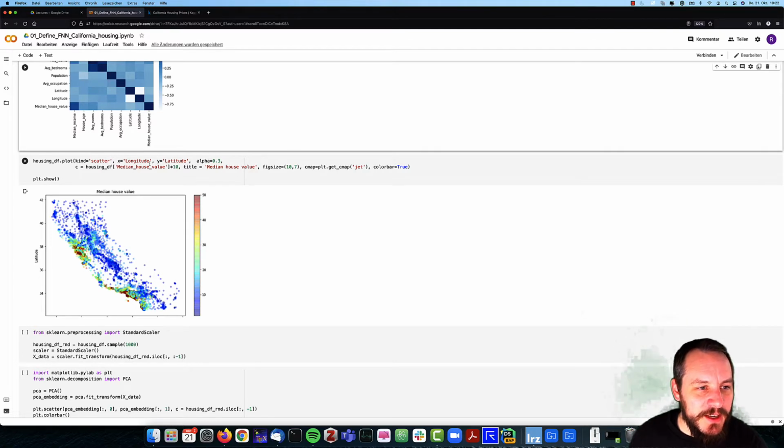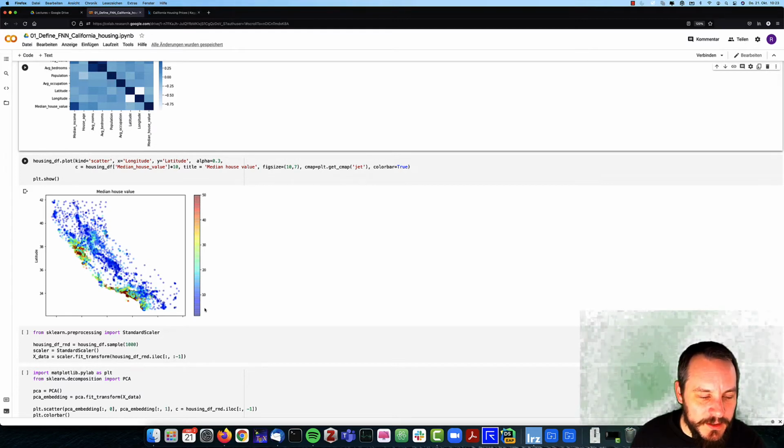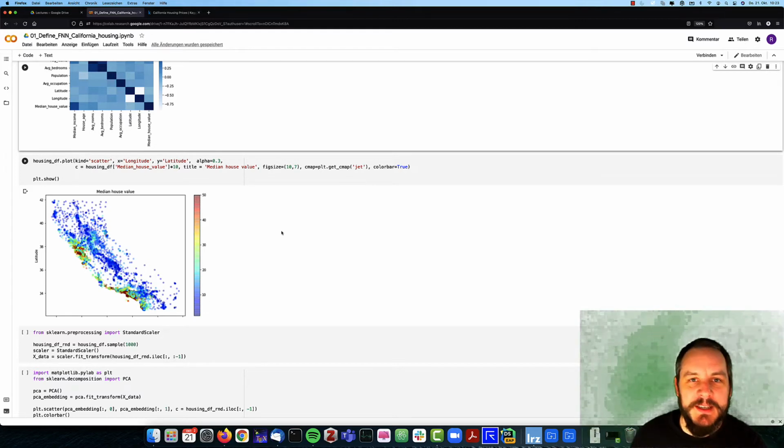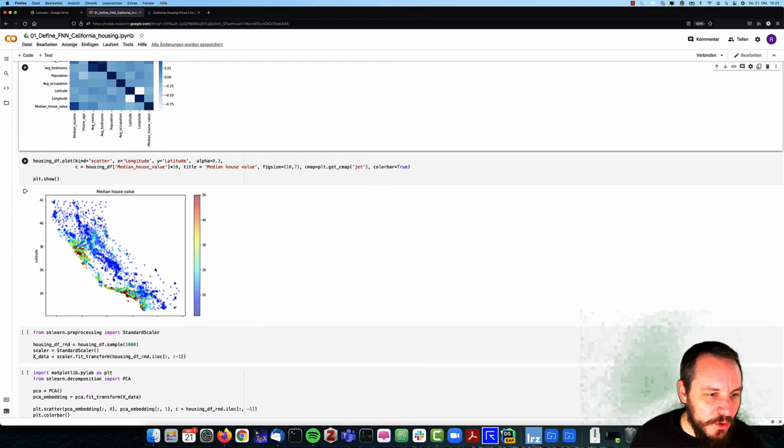And if we take a look here at the longitude and latitude on the x and y axis, and then we plot each observation and use the price of the house in order to determine the color of the point here. So for instance, we can see here red values are high values, so high house prices, and the blue ones are the ones which do not exhibit a high house price. And so for instance, this dot here would correspond